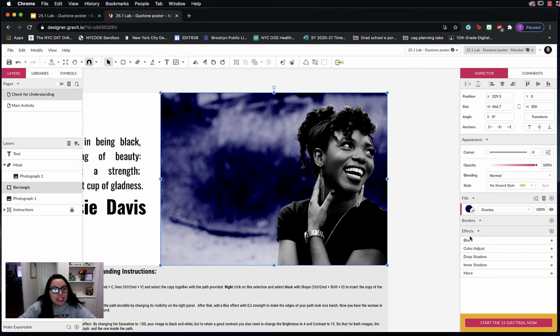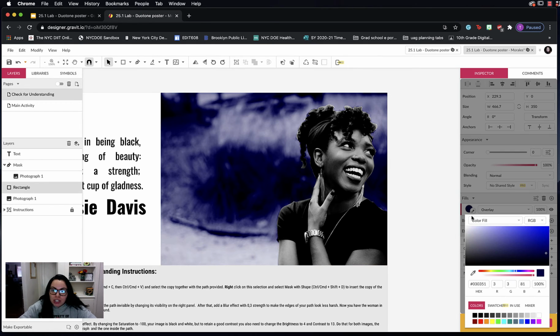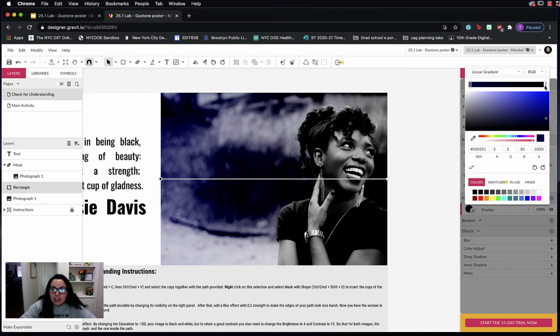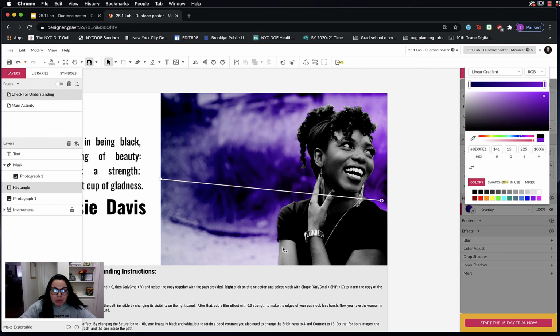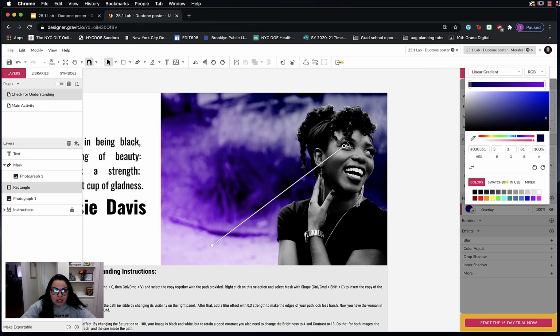So I'm going to create a gradient. To do that, I can click on my fill, change it from color fill to linear gradient, and then just add a secondary color. So I'm going to click on the little slider part here on the right, and choose maybe like a nice dark purple as well. And then I can kind of move my sliders around